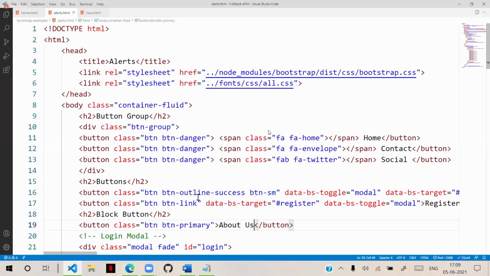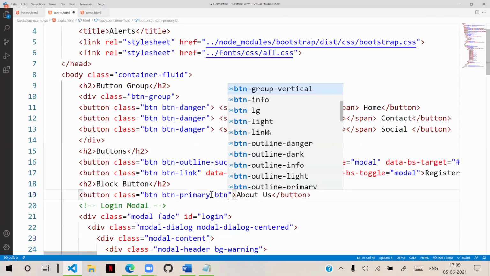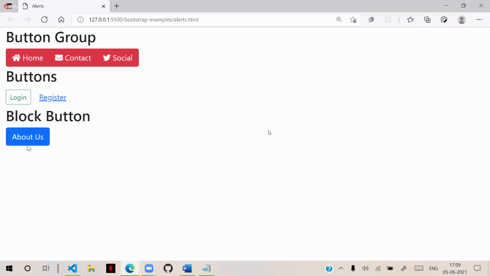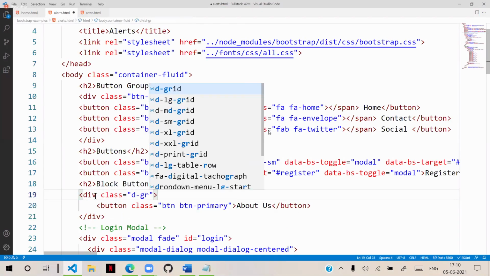Earlier, in the older version, for that we had a simple option called BTN block. We don't have this BTN block now. In the new version, BTN block will not work. That is the old version. We have to keep that button in a div, and for the div we have to put a class called display grid.